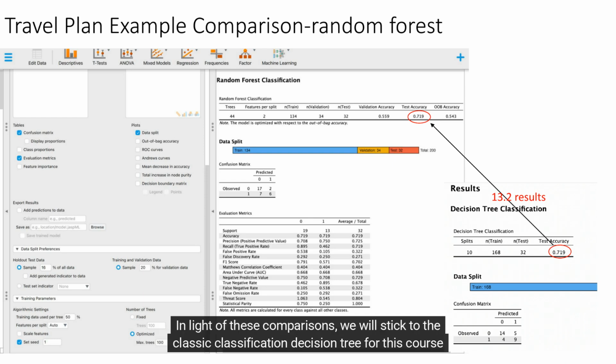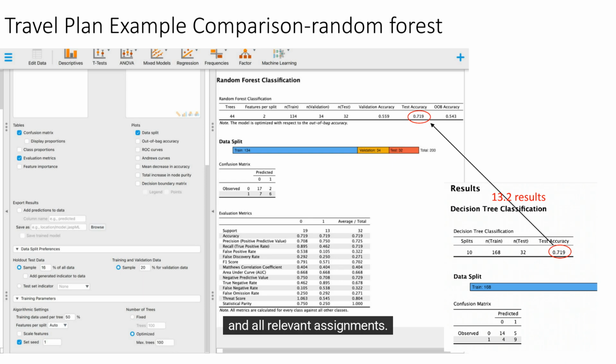In light of these comparisons, we will stick to the classic classification decision tree for this course and all relevant